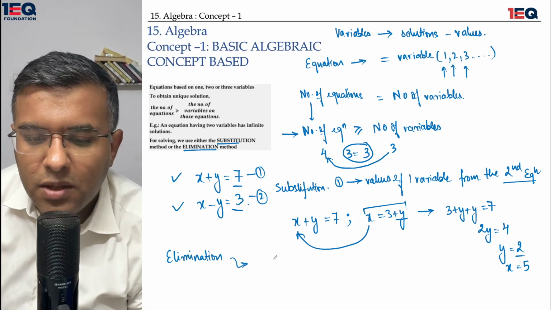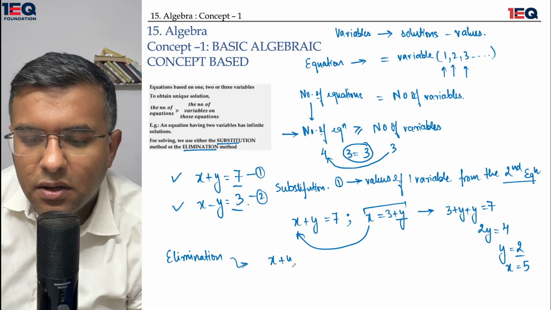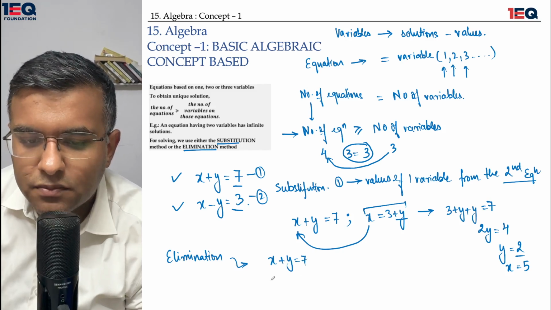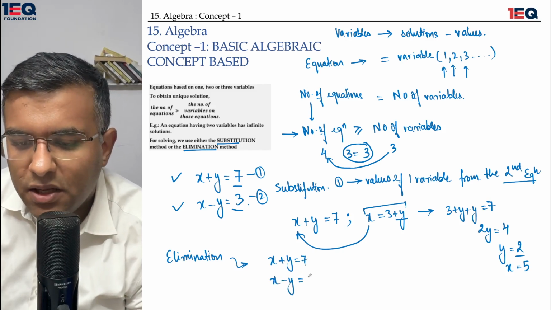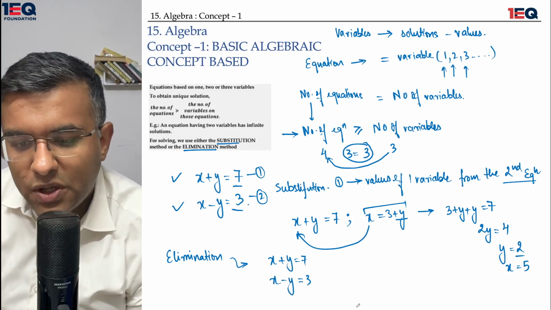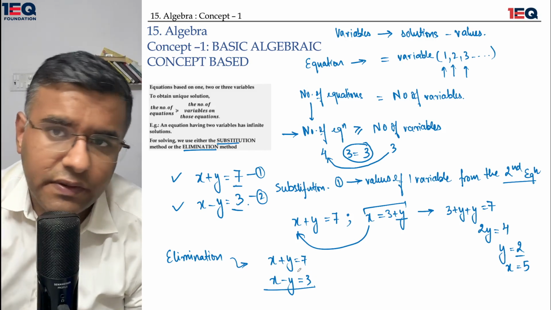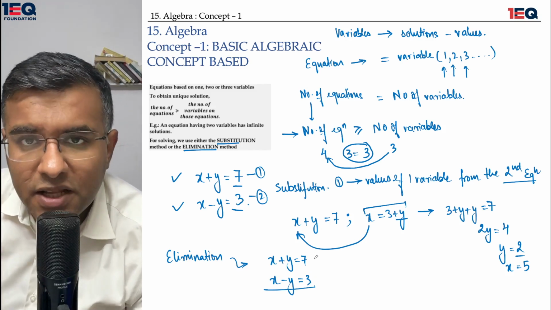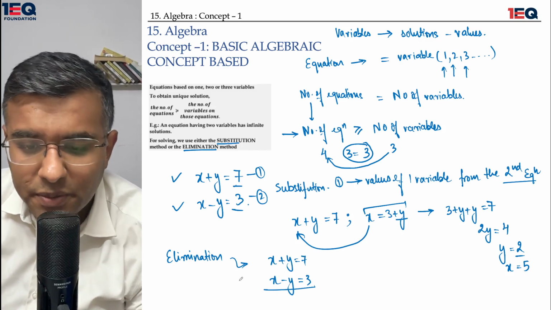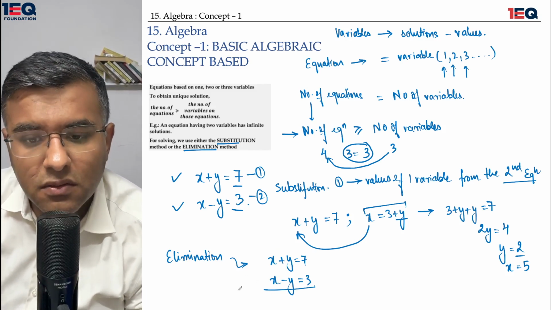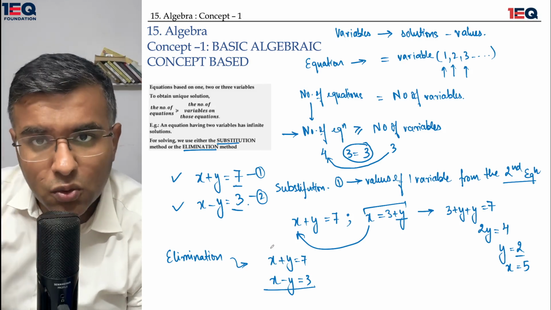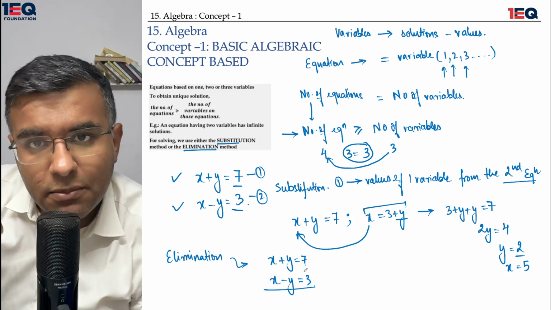It is that you keep two equations together, x plus y being equal to 7 and x minus y being equal to 3. When you have these two equations together, you quietly perform an operation between the two equations. What is the operation which I can apply between the two equations so that I can eliminate one of the